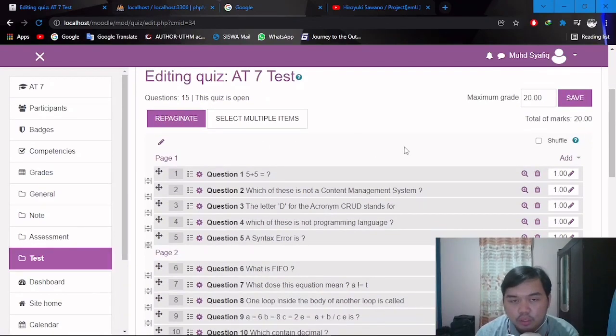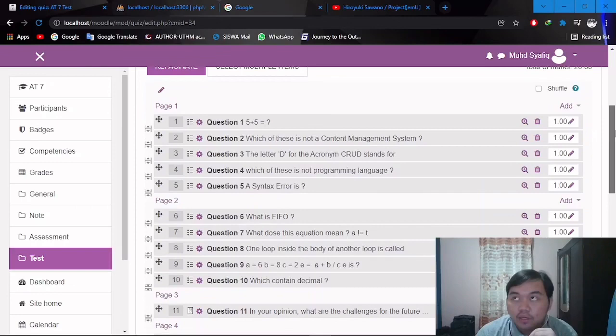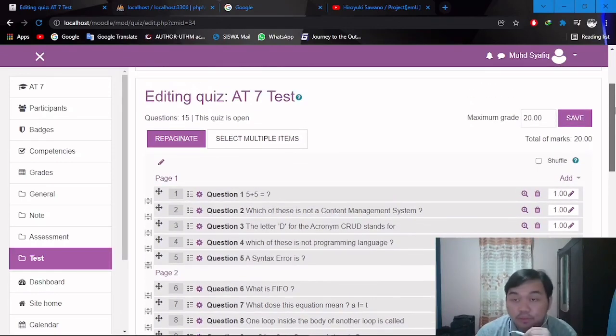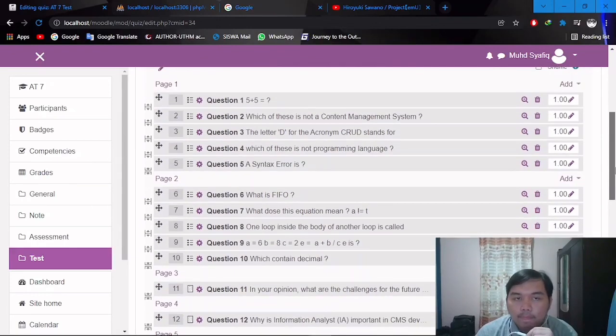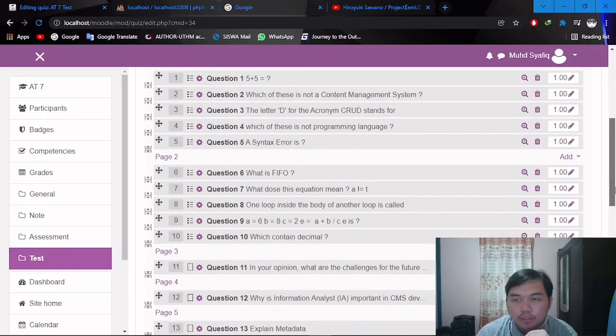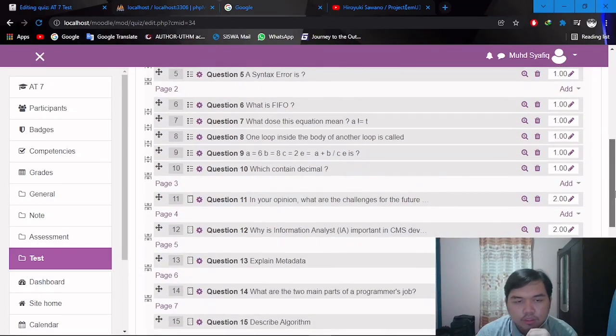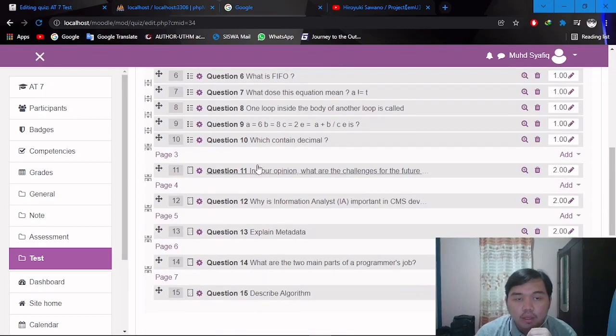If one student has already taken this quiz and been graded, then I cannot delete this quiz until I delete the student submission first. Here I can set the maximum grade, and here you can see the questions that have been set by me as a teacher or admin.